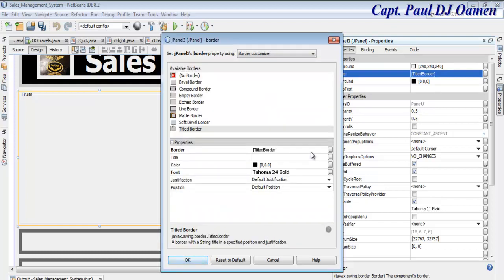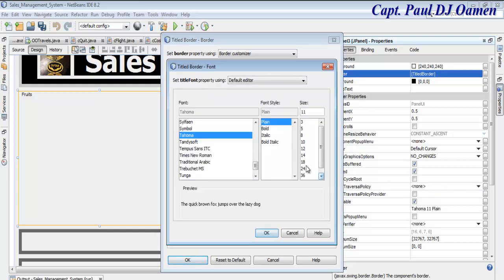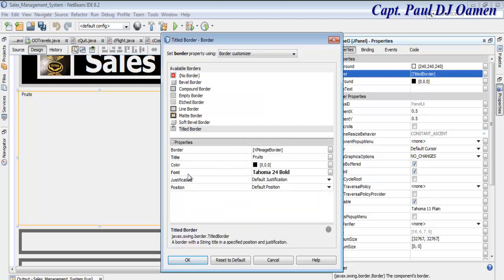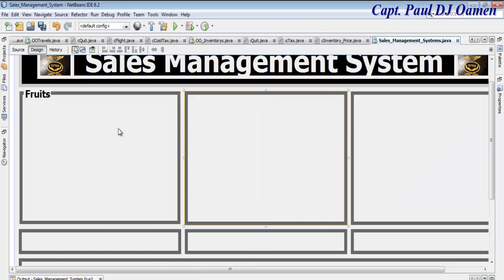That is correct. So let's do that again. Fruits with an S. Now let's go to the border here. The border there. Let's change the border color. Font here is bold 24. Border color. Okay, let's get